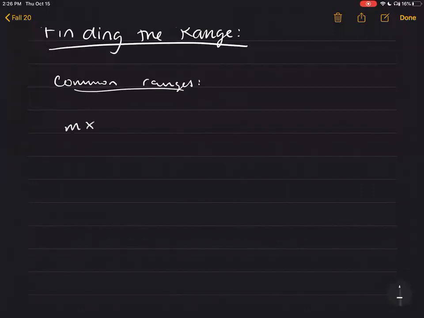So if we have mx plus b, so if we have a line, that range is everything. If we're going to write that in set notation, negative infinity to infinity. Yeah, because the line goes off to infinity, goes off to negative infinity. There's no problems with it. There's no hole. There's no wiggles. It's all good. Cool. If we look at a polynomial,